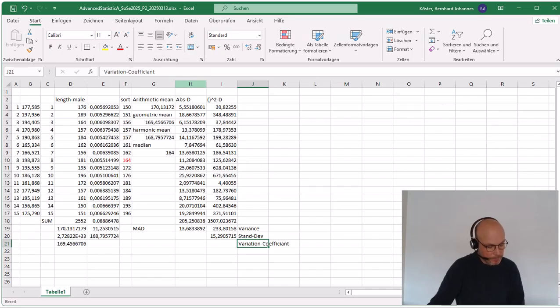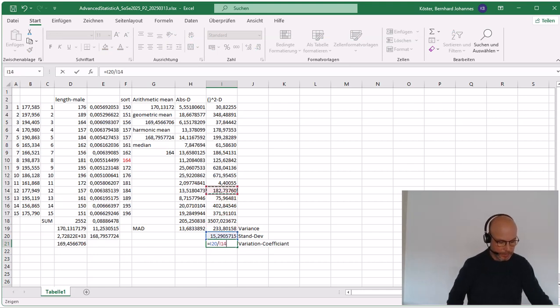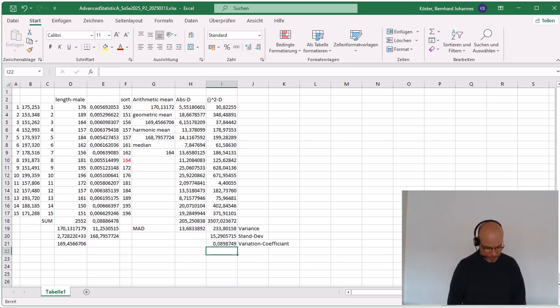Well, so in the end, we then calculate our 15.29 over our arithmetic mean. Okay,